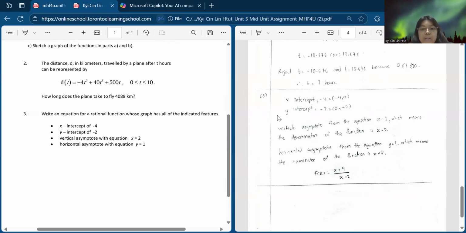And because the y-intercept is -2, we know that the denominator will be x - 2. We can also check the equation by the vertical asymptote and the horizontal asymptote. Since the vertical asymptote is x = 2, it means that the denominator will be x - 2. And because the horizontal asymptote is y = 1, the numerator is,